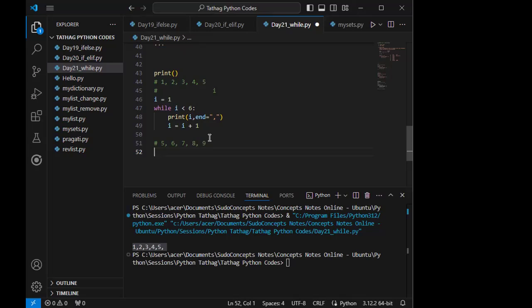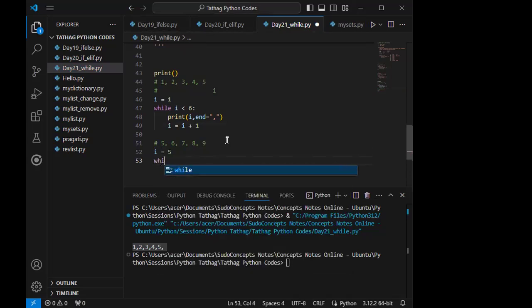Yes, are you there? Yes. Then tell me quickly. You put i equals to 1. No, no, not 1. See, are you starting printing from 1? Do you want output 1 as a starting value? 5. Yes. Okay, then put